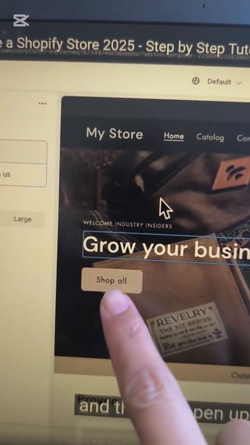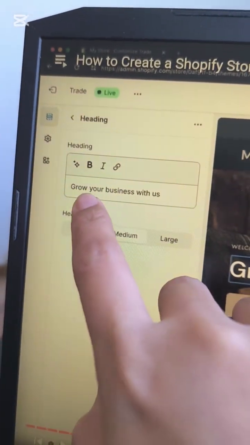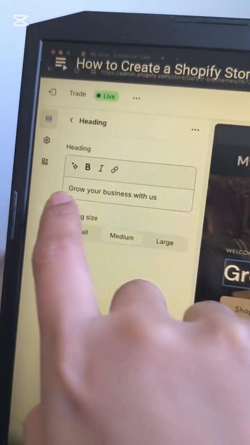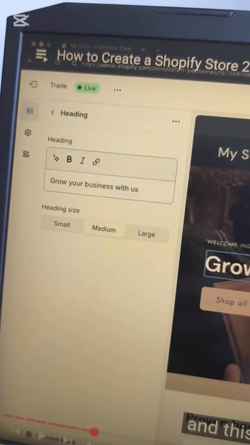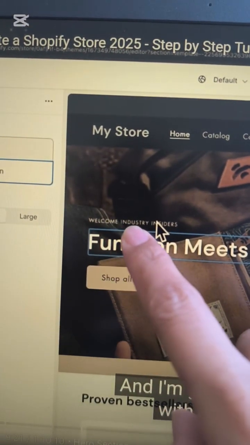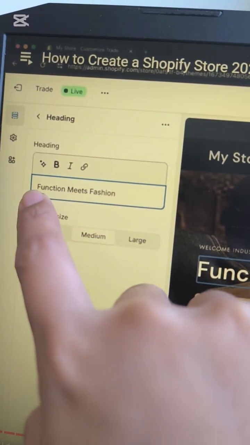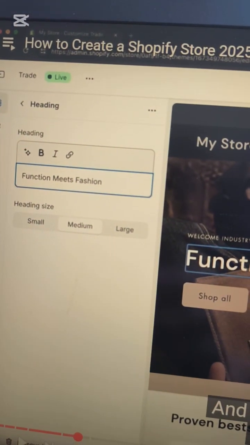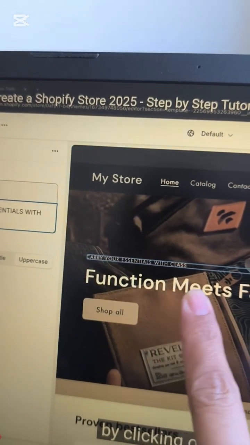And if you click this portion with your mouse, you can erase that and change it to what you prefer to write in there. And you can also change this welcome industry by clicking this one, and then you can erase this one and change it. Of course, after changing this, maybe you can save your work.